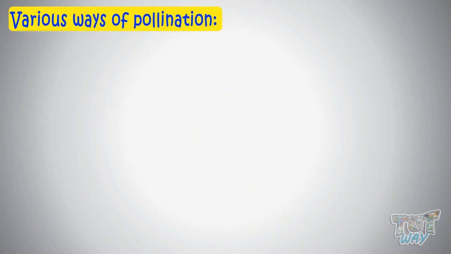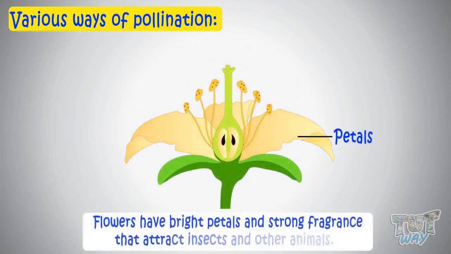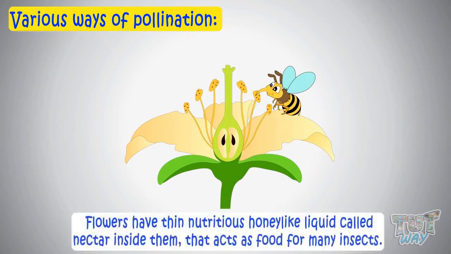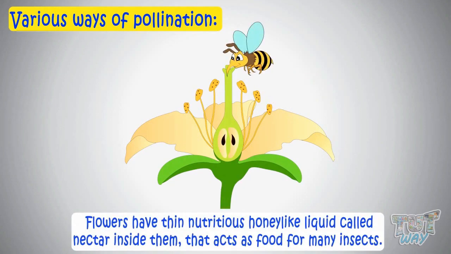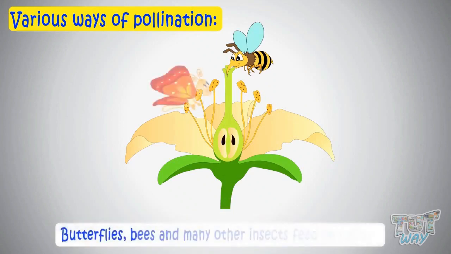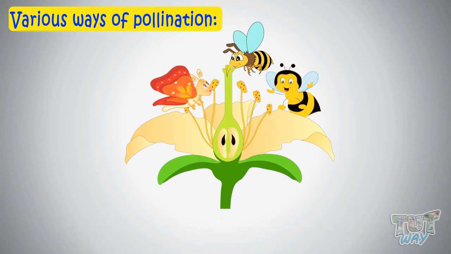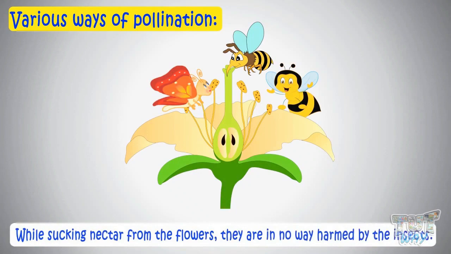How do pollens reach the stigma? The need for pollination. Now in the previous class, we have seen the main function of flowers, which is to form fruits and seeds. And to form seeds, the male and female cells or the gametes of a flower need to come in contact with each other. So as the first step for this, the pollen from the anther should reach the stigma of a flower. The process of transferring pollen grains from the anther of a flower to the stigma of the same flower or another flower is called pollination. Now let us see how pollination takes place in a flower.